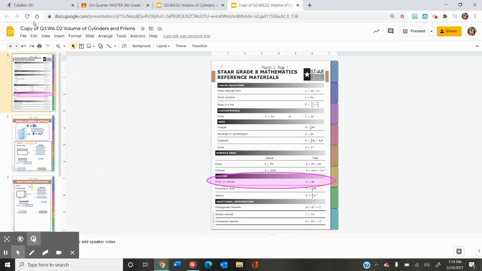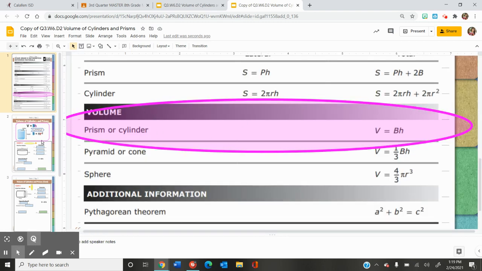For today's notes, we're going to be covering finding the volume of cylinders and prisms. So again, here we went ahead and gave you your formula chart. And the only thing you're going to have to be worried about with looking at this formula chart today is underneath the volume section. I went ahead and zoomed in here. And so the volume for a prism or cylinder, the formula is going to be V equals BH, big B, little h. So with that being said, we're going to go ahead and look at our next page, page 2,